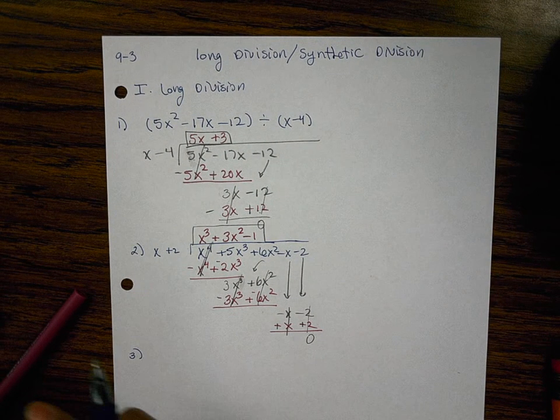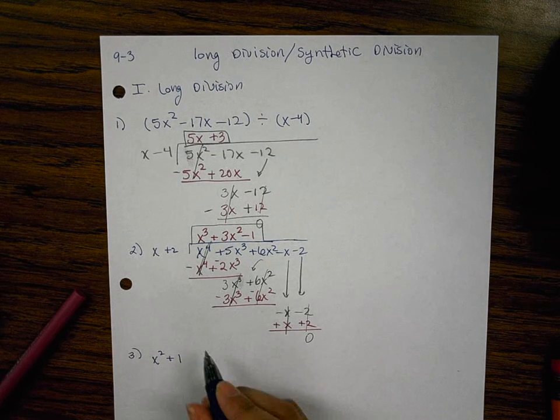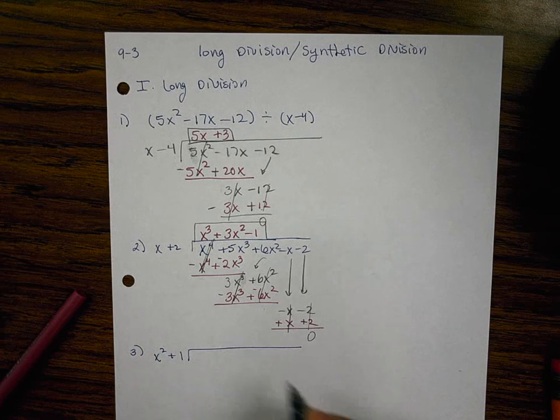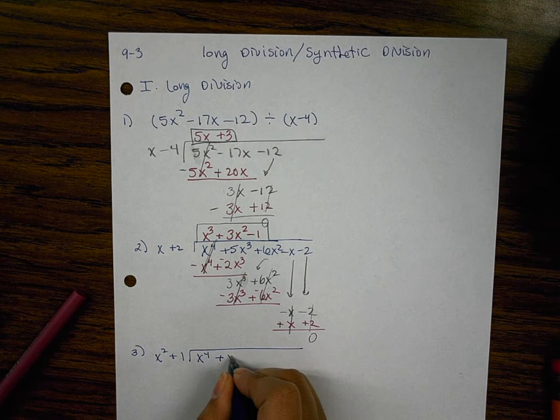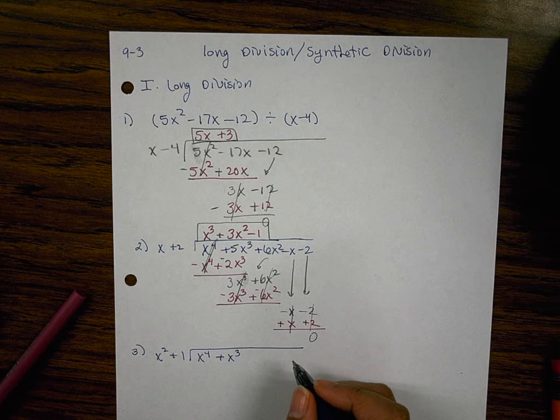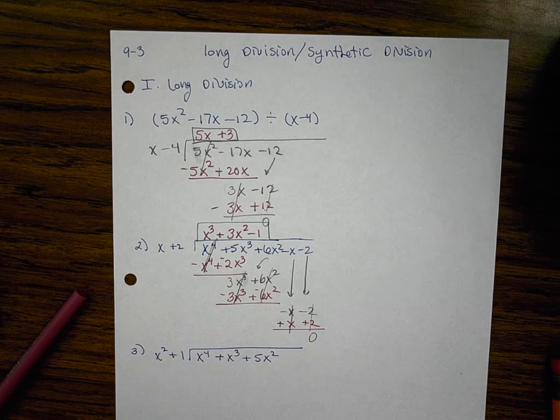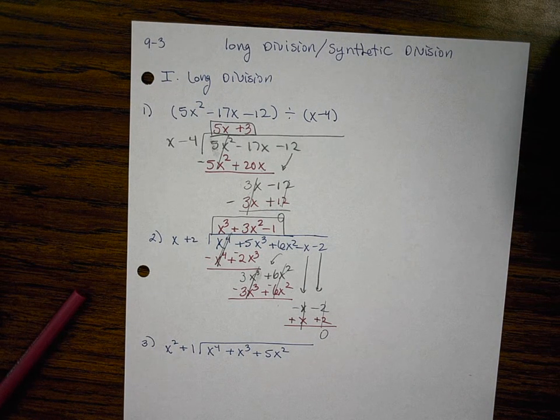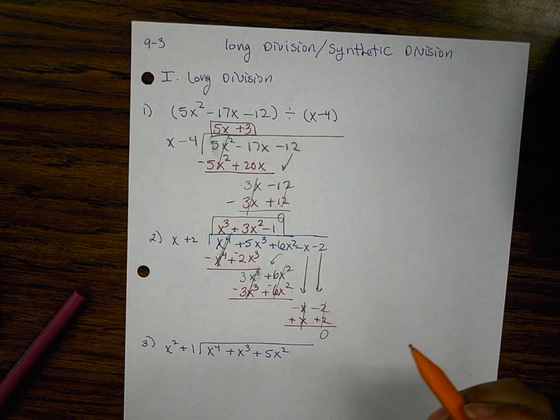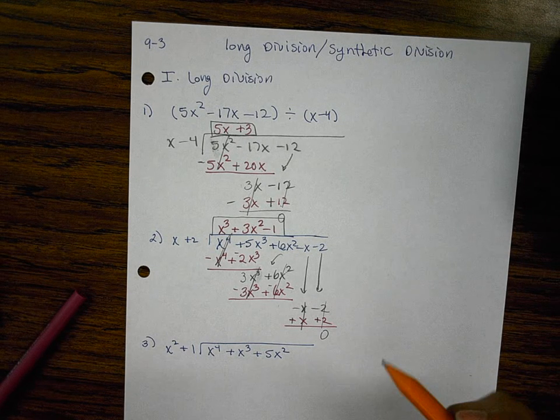Okay, number 3. X squared plus 1 divided into x to the 4th plus x cubed plus 5x squared. All right. So when we do this,